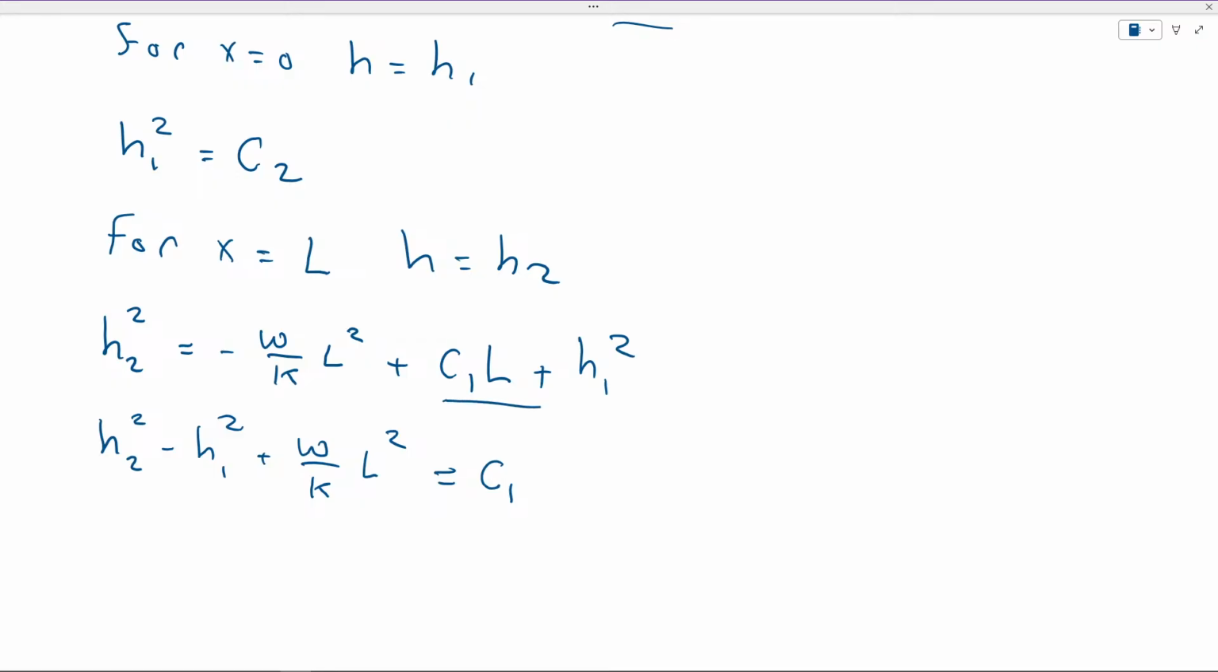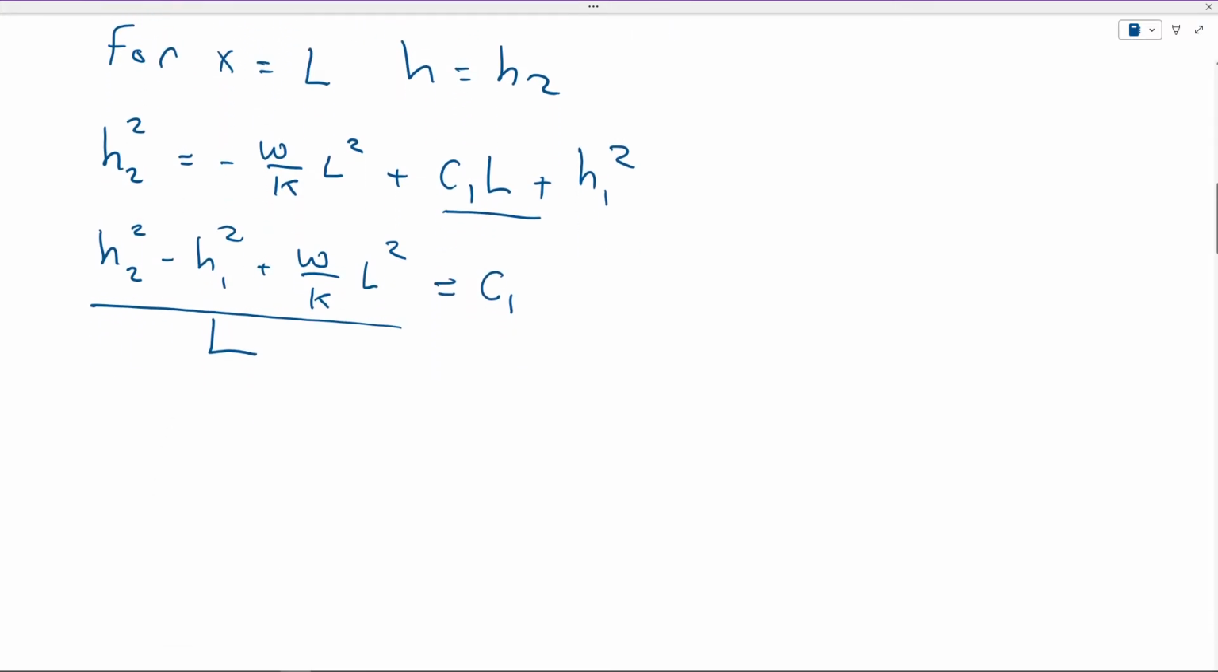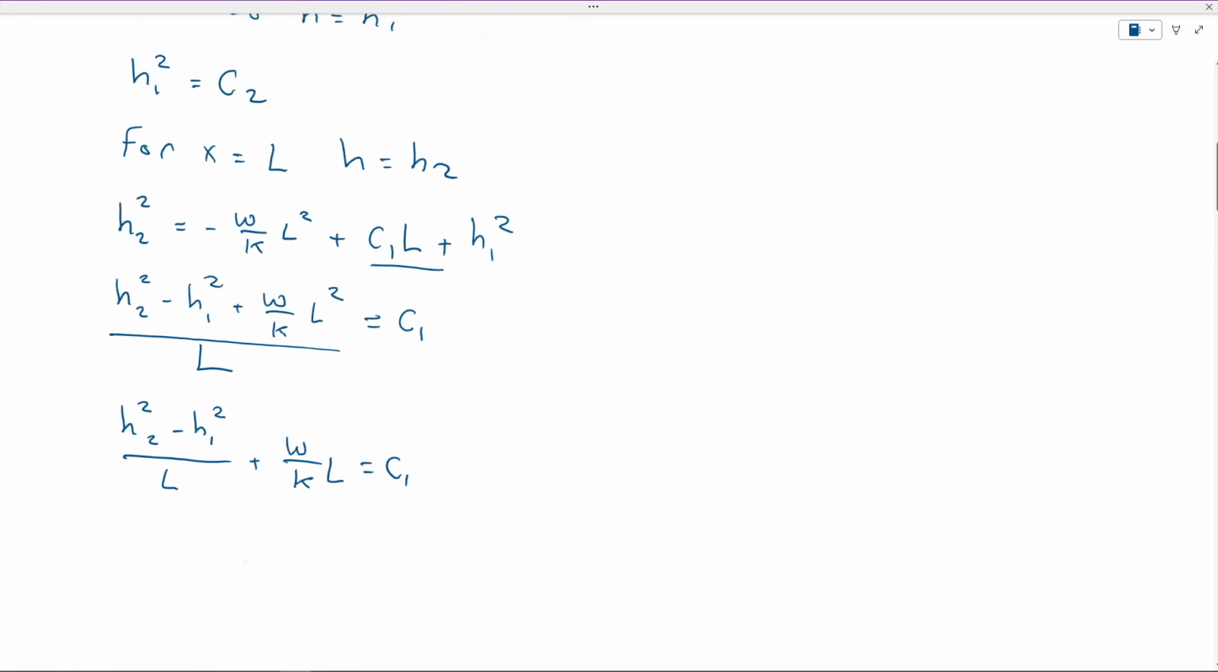Here I have C1L, so I will just divide all these by L. If I divide all these by L, I can simplify this a little bit further. So I can say this minus this over L plus WK over L, that's equal to C1. Okay, so now I substitute